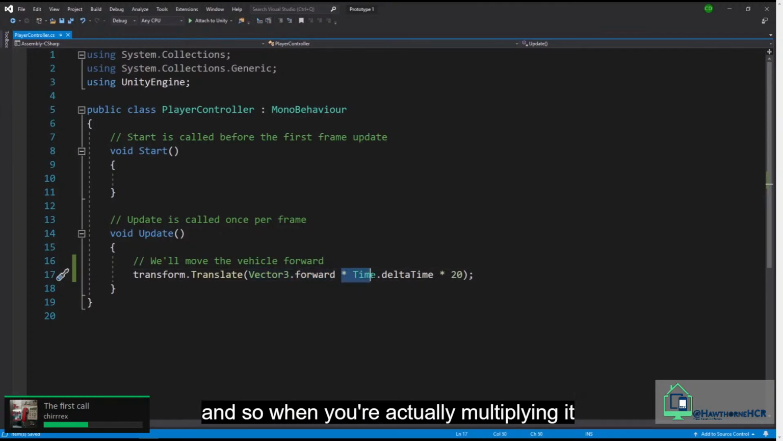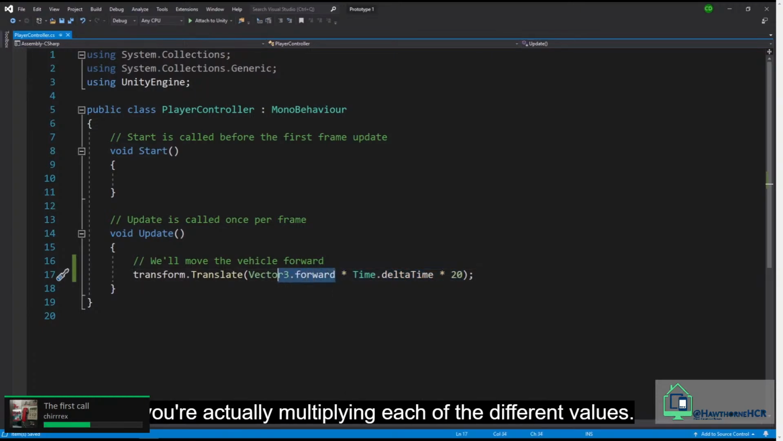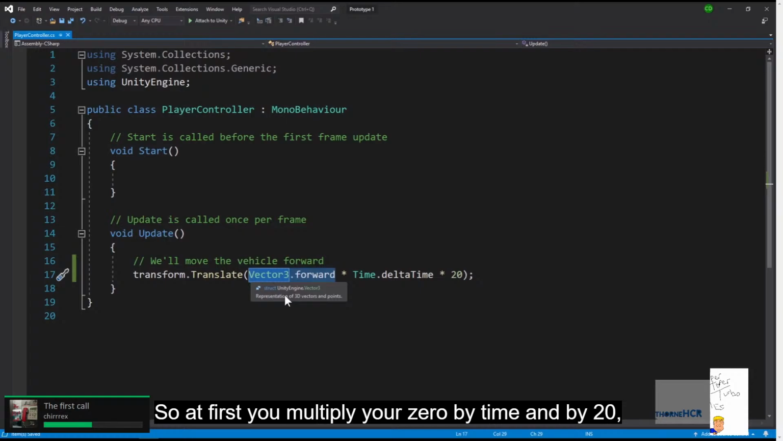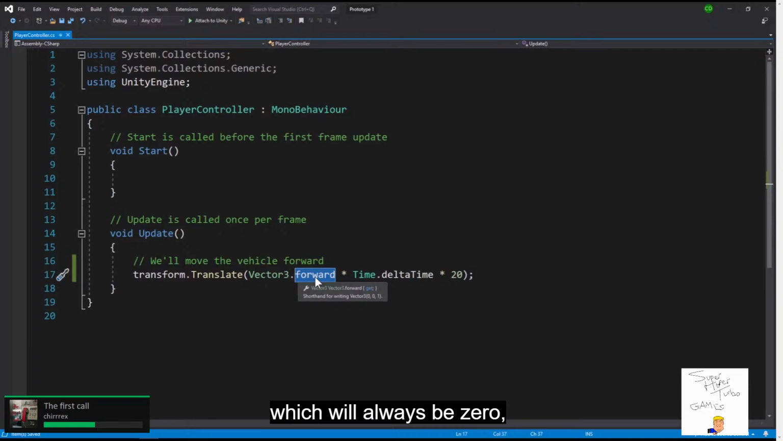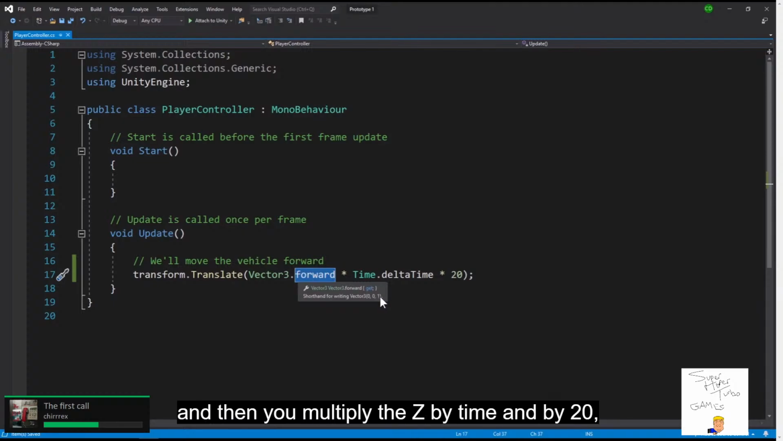And so when you're actually multiplying it by the time and by 20, you're actually multiplying each of the different values. So first you multiply your 0 by time and by 20, which will always be 0. Then you multiply your y, which is 0, by time and 20, which is still 0. And then you multiply the z by time and by 20, which gets you 20 meters a second. So just a fun way to kind of see how the math works, and would definitely save a lot more